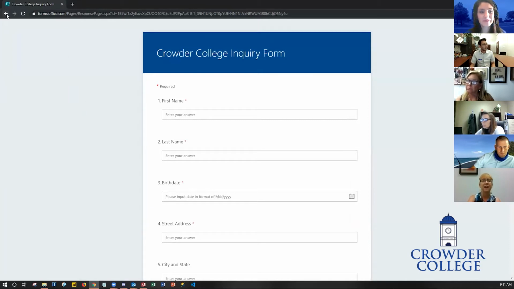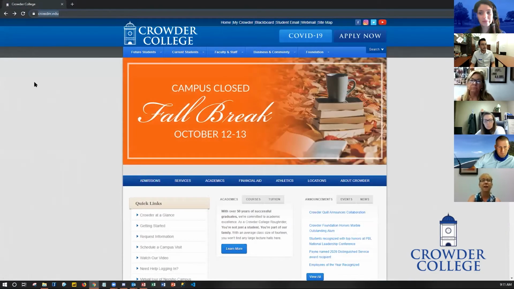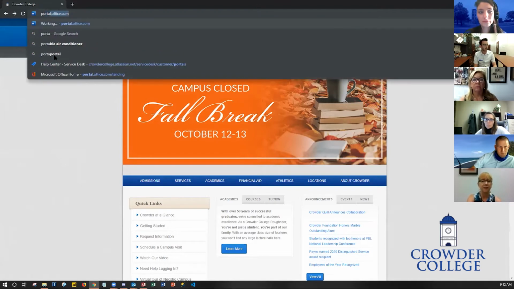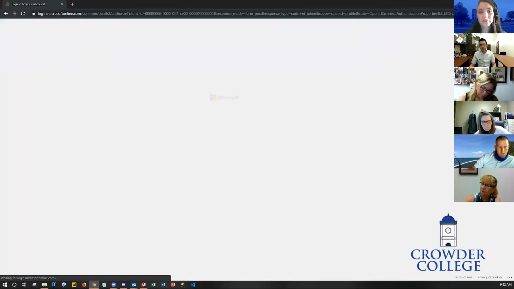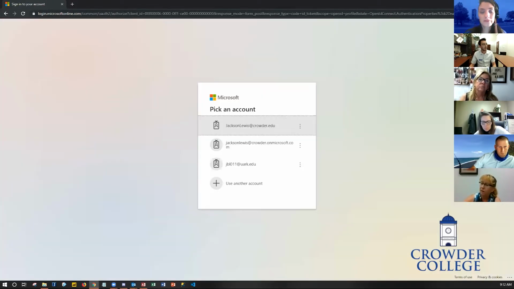Yes. But to get to the site where you can create a Microsoft form, it's the same site you use to access your Crowder webmail. So you just go to portal.office.com. And to make it easy,